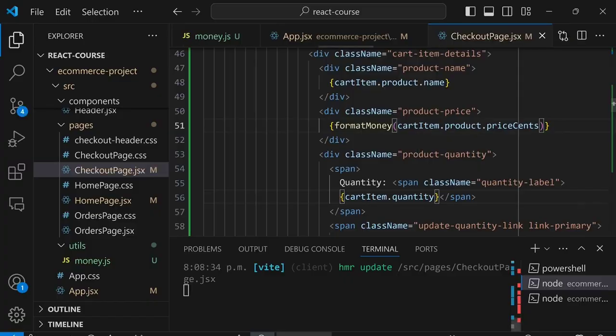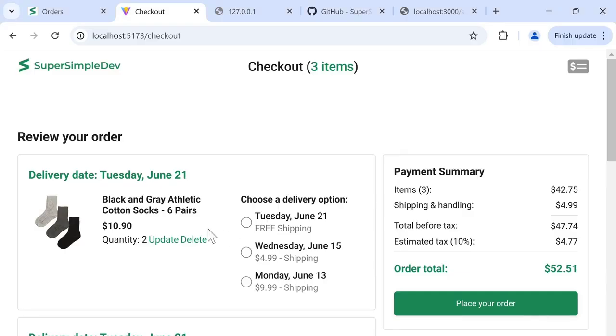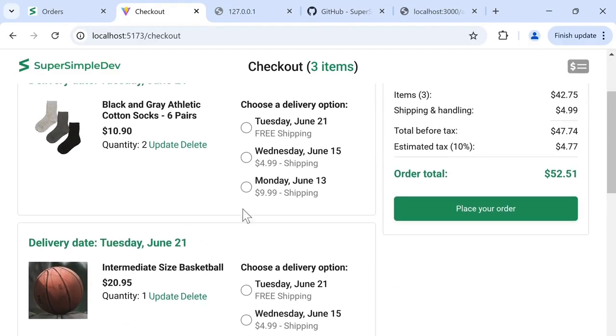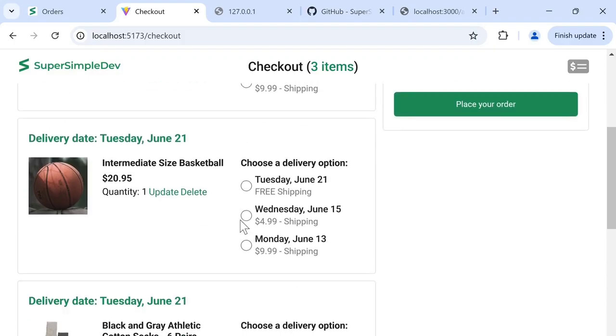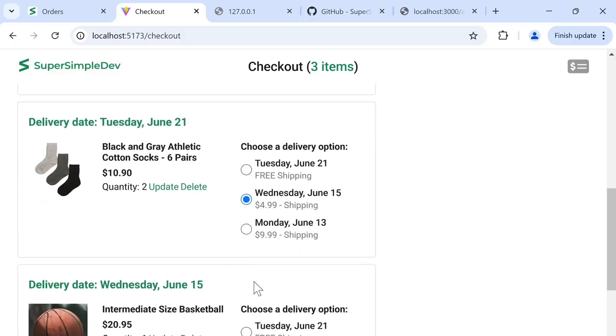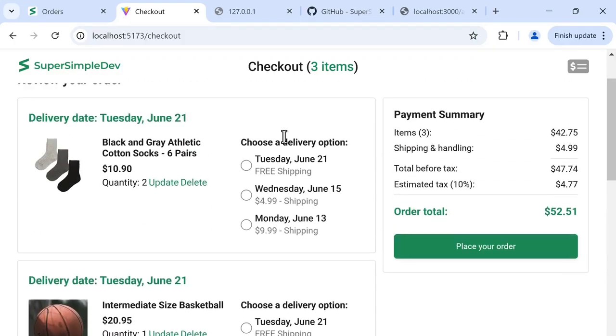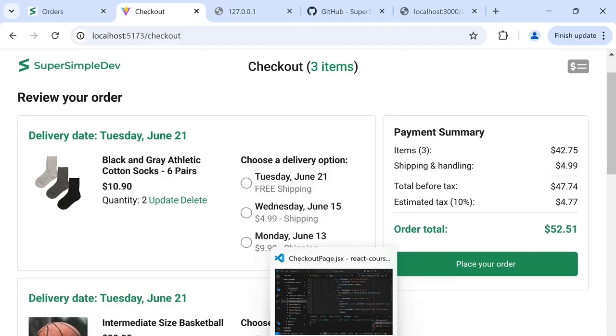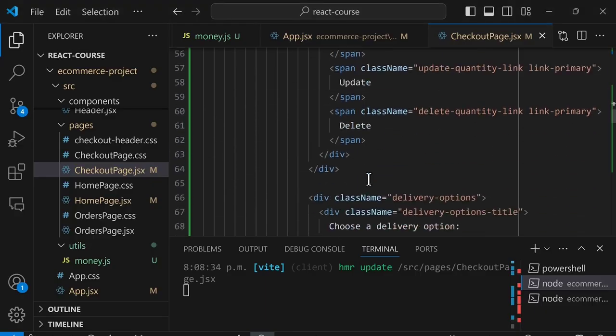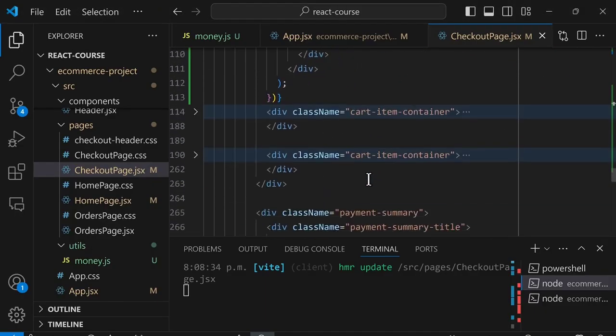And now if we go back to the website, now we are generating these cart items using data from the backend. And this was the default HTML we had before. So now we can go back to our code and we can scroll down and we can remove the default HTML